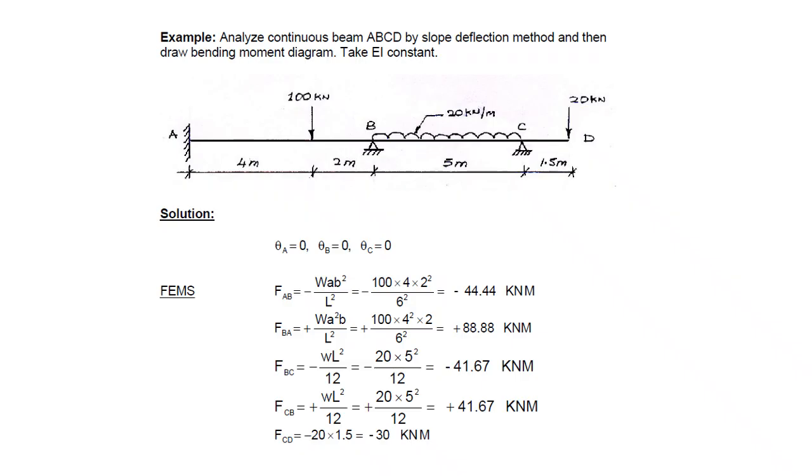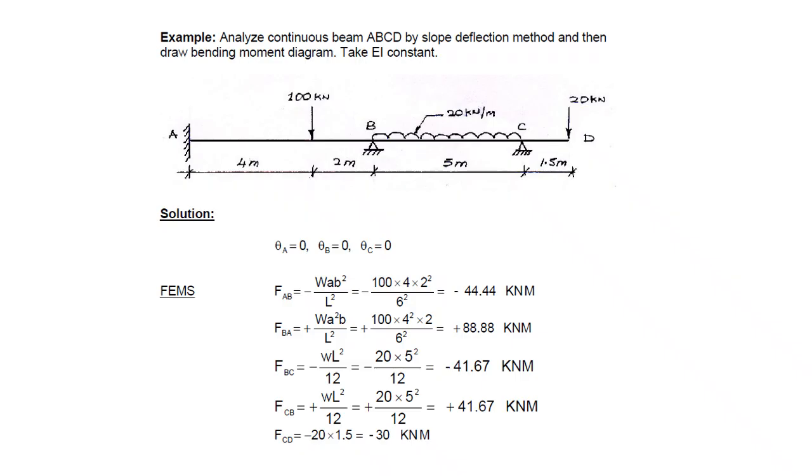First we have to check the degrees of freedom for this displacement technique. Here the unknowns are 3. We have to find theta B, theta C and theta D, and theta A is going to be constant, since it is having the fixity. So theta B, theta C and theta D are the unknowns. If we find these 3 unknowns, we can obtain the final answer using the end moment equation. To start the problem, we have to find the fixed end moments span by span,